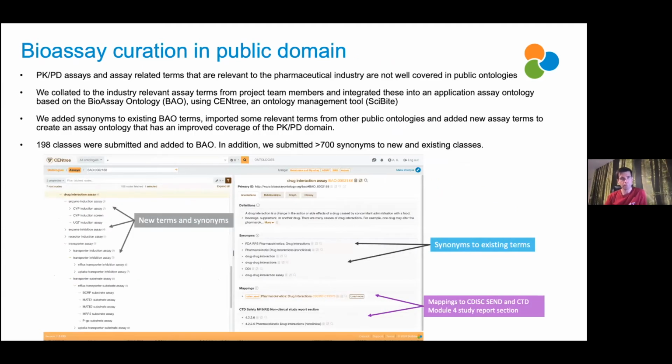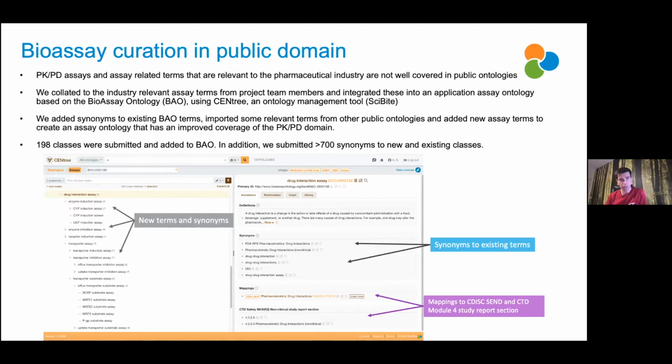I want to mention some work that Jane and Annalie Carlson were involved with, the Pistoia Alliance. So we mentioned some of the public domain work we did. We were involved in a project with the Pistoia Alliance called the SEED project. With other partners in industry and academia, it was about adding some extra assay curation data for PK/PD assays. There were some gaps in the public ontologies, especially in the BioAssay Ontology, which the stakeholders were using, and they wanted that enriched. So we worked with them. We weren't paid to do this; it was us contributing back to the public ontology.